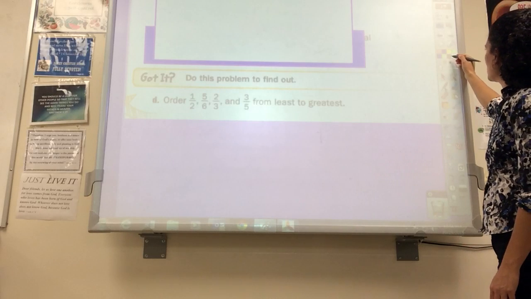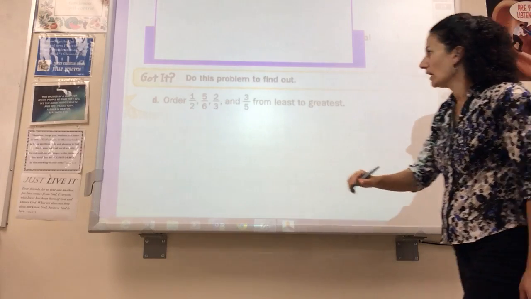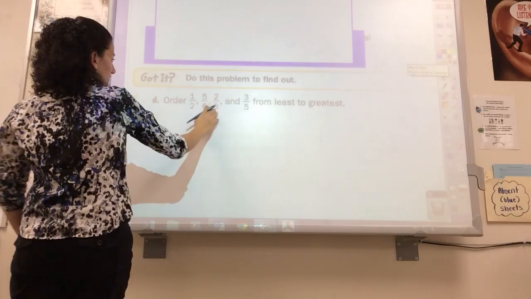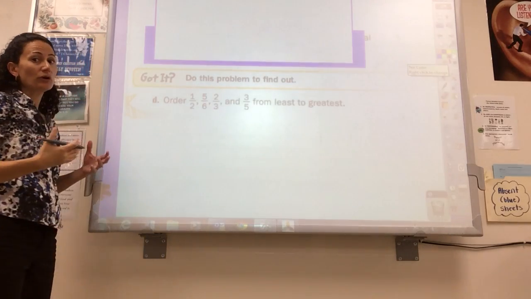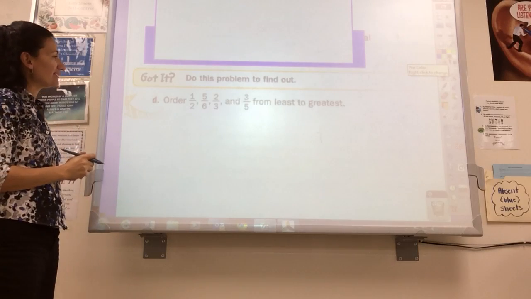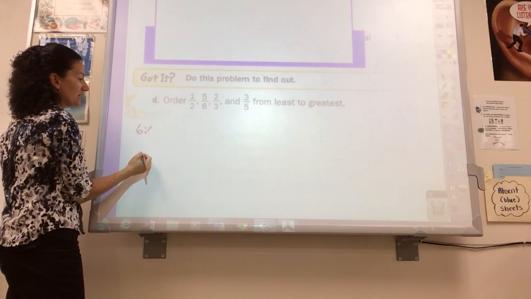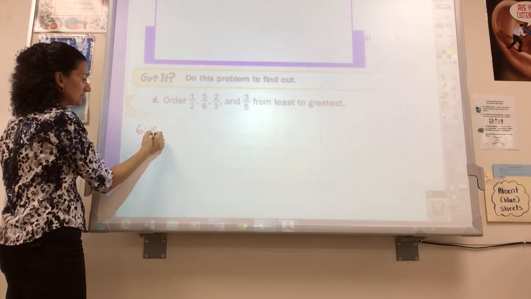Okay, hopefully you've had a chance to try these. A common denominator for 2, 6, 3, and 5. There are more, by the way, there's more than one common denominator, but you want to try to find the smallest one. I'm going to start with the biggest number here, 6, and if I think of my 6 times tables, 6,